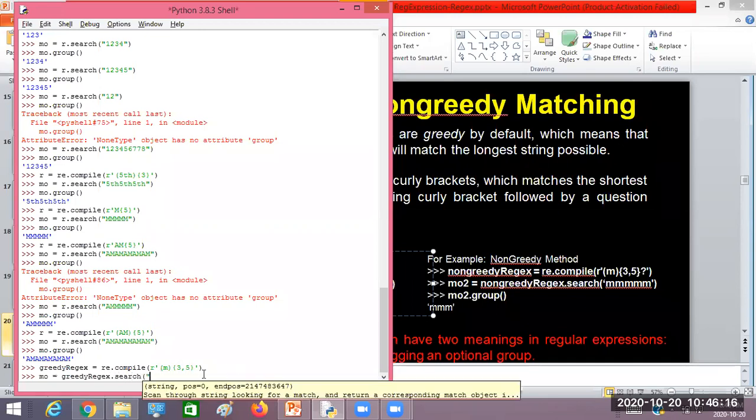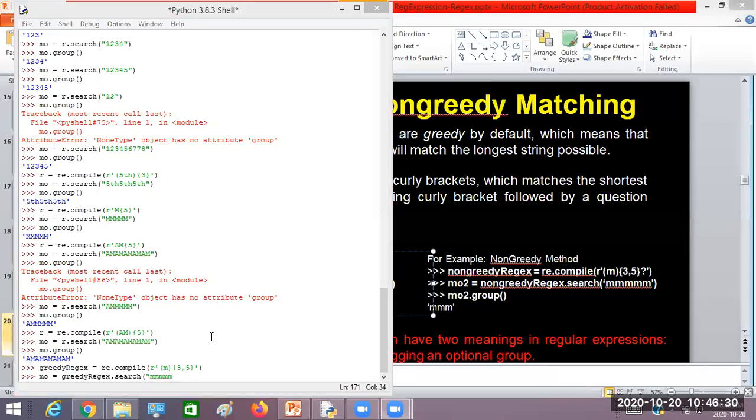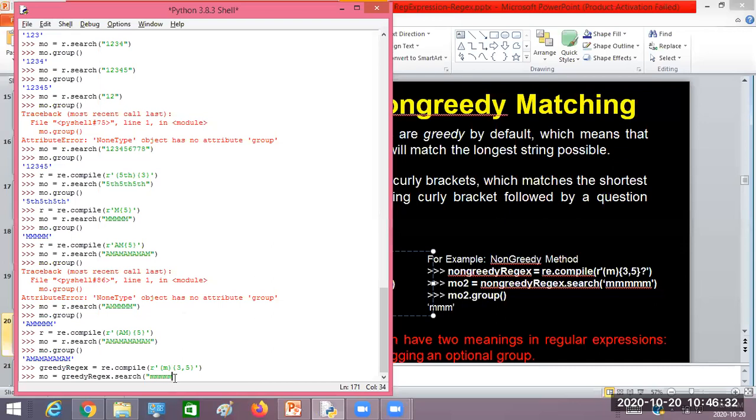When I search for the pattern in the text, it is going to match 3 occurrences of M, 4 occurrences of M, or 5 occurrences of M. What is the longest possible match here? Suppose I have this many M's. Whether 3 or 4 or 5? 5. Maximum is the longest possible match.